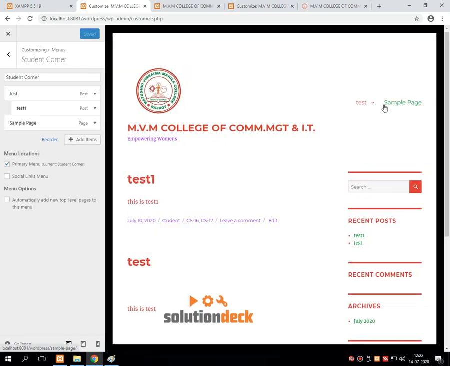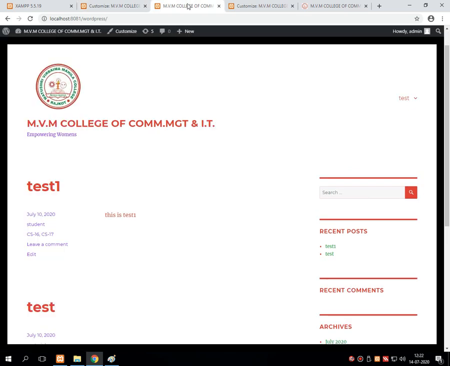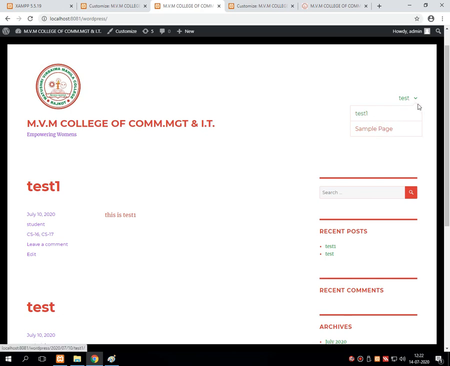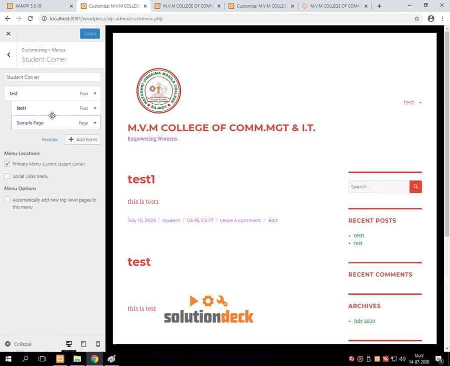So this home page is outside this category, but suppose I am just moving it aside and saving and publishing the entire content. It shows two things in the single menu. So in this way you can design a menu inside the primary menu.